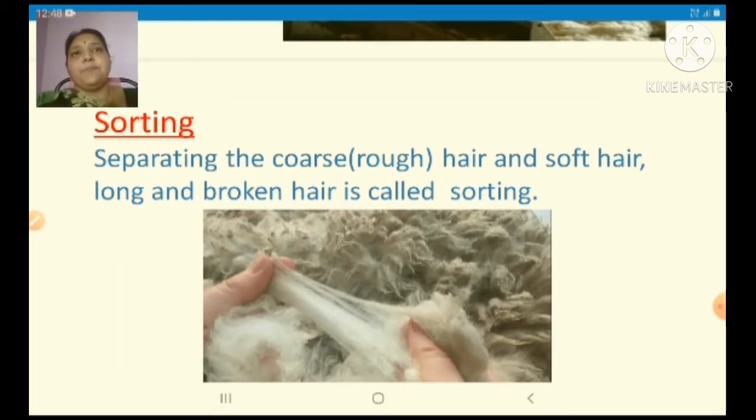In this step, the coarse, that is rough hair, and soft hair are separated, and long and broken hair are also separated, because this wool can be used for different purposes, for making socks, sweaters, and shawls. As it is used for different purposes, the sorting has to be done. So coarse hair and soft hair, and long hair and broken hair are separated in this step.